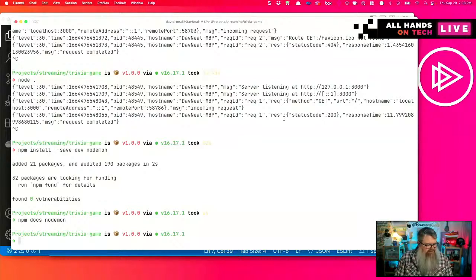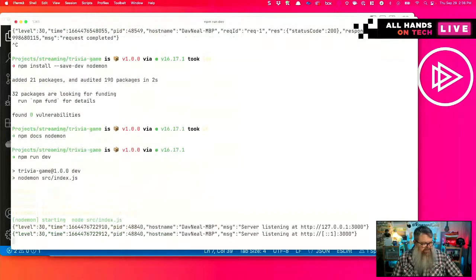And now if I run npm run dev. So run is a command of npm that is going to execute one of the scripts that's defined in the package JSON, and dev is the name of the script that we just created.